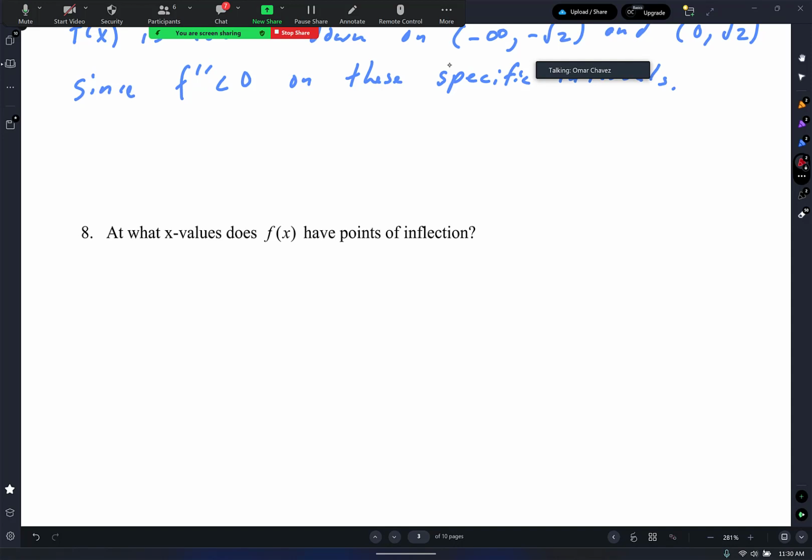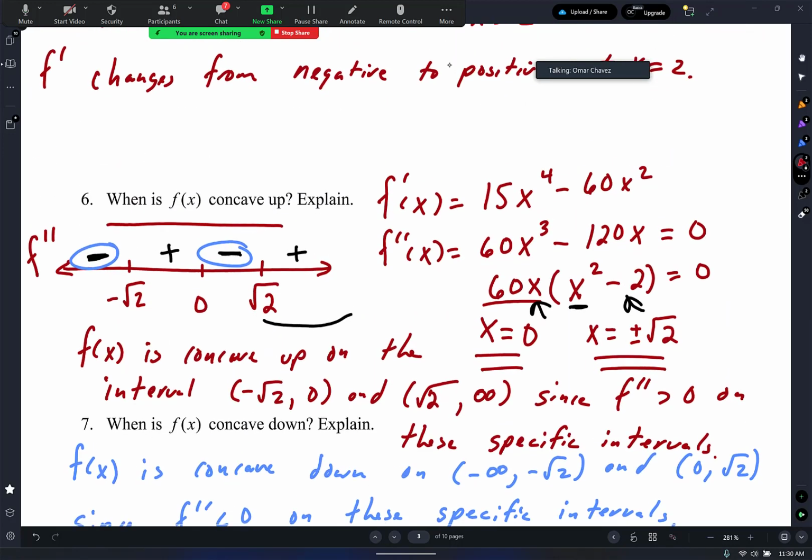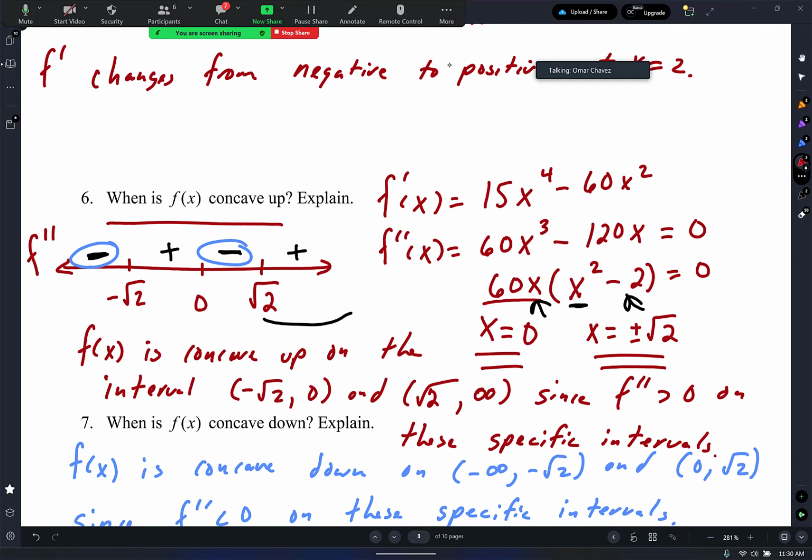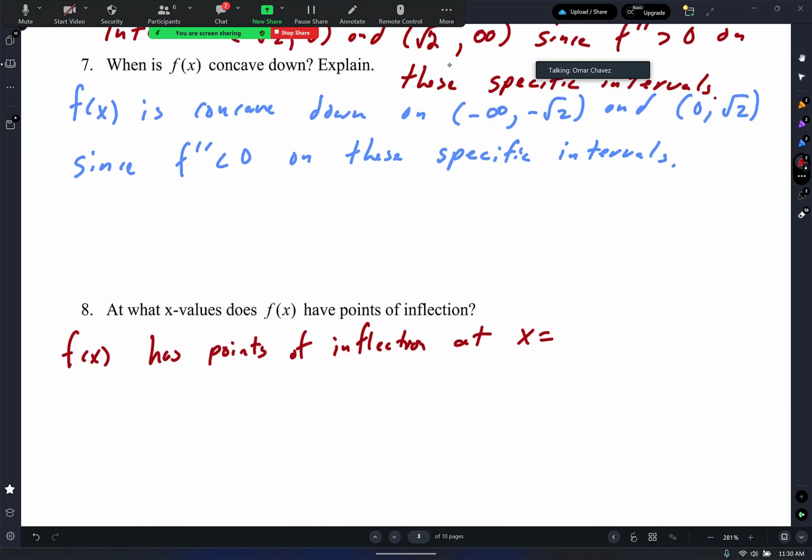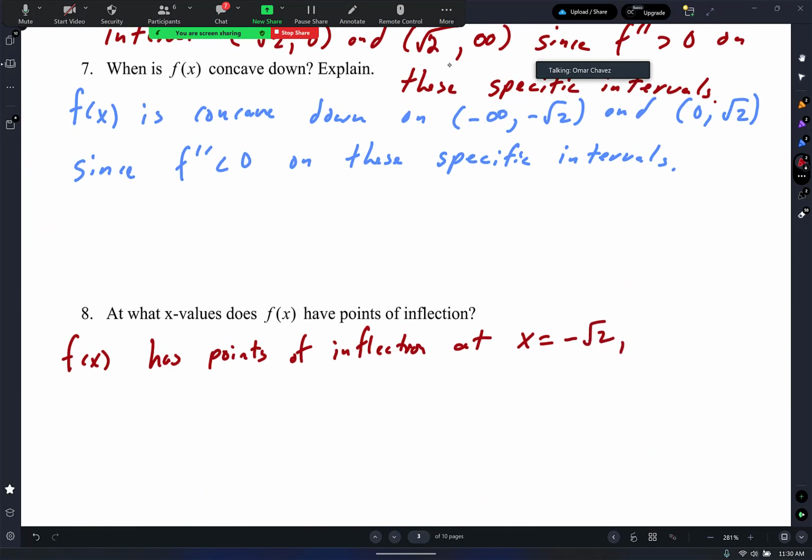I don't know. What x values does f of x have points of inflections? Point of inflections whenever the second derivative changes what? Changes signs. So I'm going to write f of x has points of inflection at x equals, let's see, negative square root of 2, 0, and square root of 2. At negative square root of 2, 0, square root of 2, since f prime prime